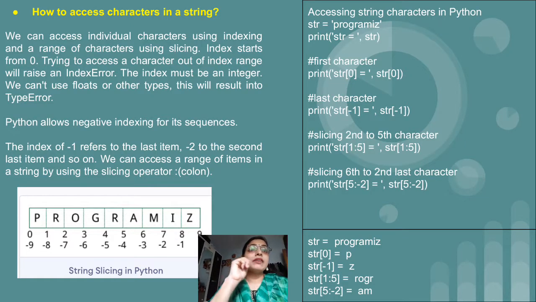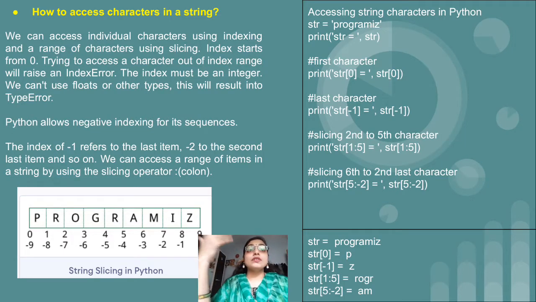That is, there is one variable str which is initialized to "program is". Then we have printed str, so the same string, that is "program is", will get displayed on the screen. After that, now I want to display the first character of my string. As we all know the first character of the string, if we are considering positive indexing, starts from 0. So if I am displaying str[0], definitely this will display the first character, that is p, which will get displayed on the screen.